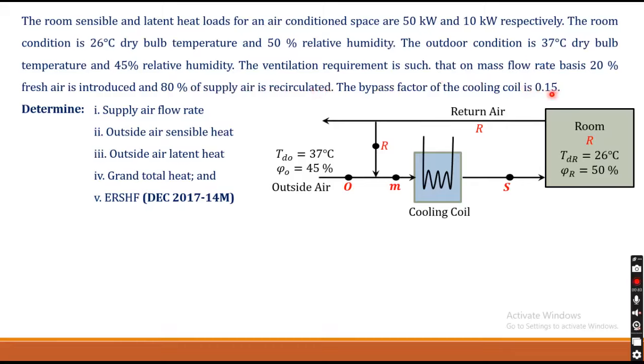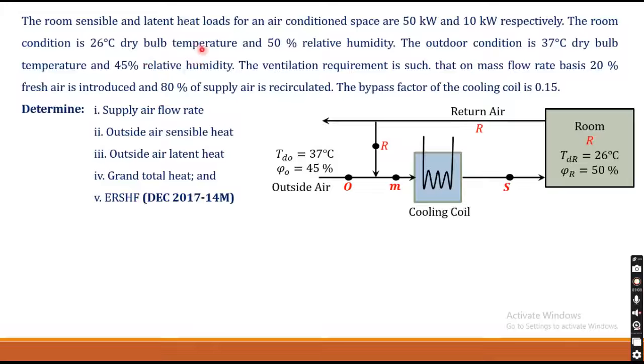So based on this data, we have to determine the supply air flow rate, outside air sensible heat, outside air latent heat, grand total heat and effective room sensible heat factor. ये क्वेश्चन मुंबई यूनिवर्सिटी के 2017 के दिसंबर क्वेश्चन पेपर में पूछा गया था फॉर 14 मार्क्स।